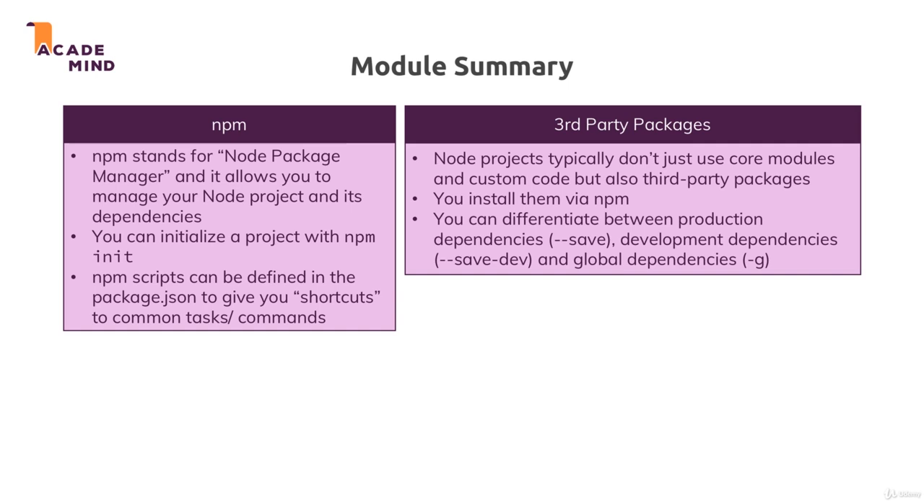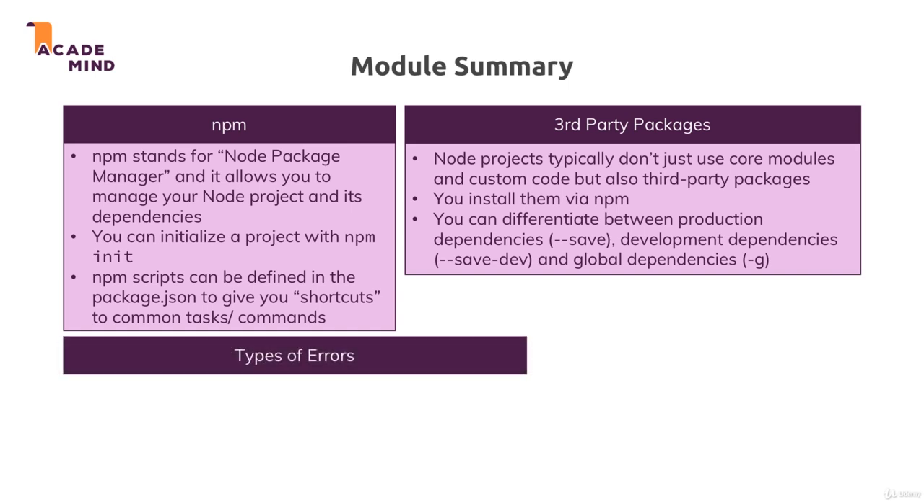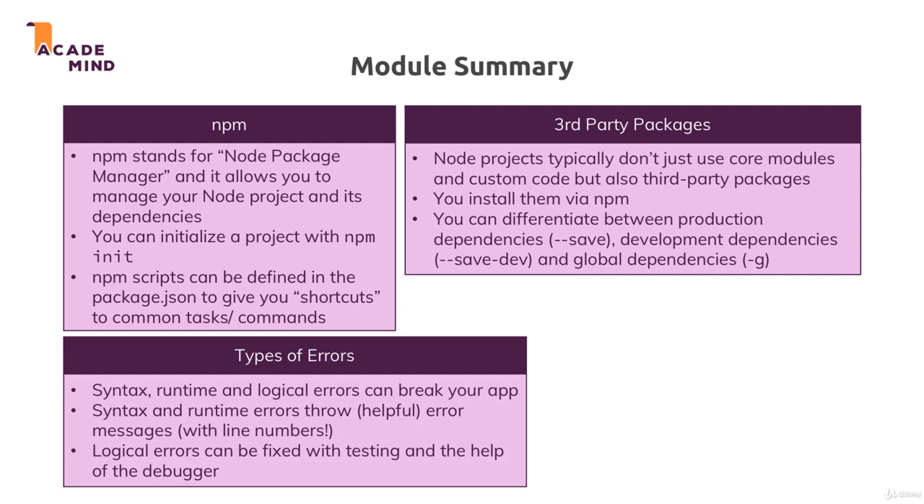Speaking of errors, well, in your code you often have errors. That is absolutely normal. And there are different types of errors you can have a look at. Syntax, runtime, and logical errors are the three categories of errors I identified. Syntax and runtime errors at least throw a hopefully helpful error message, and you should read these messages and look at the line numbers they give you, because that often helps you find out what went wrong and how to fix this. Logical errors often are more difficult to fix, but you can fix them often with a lot of testing